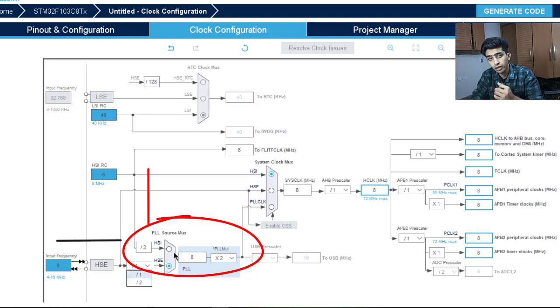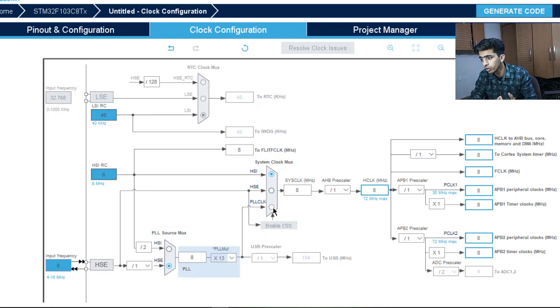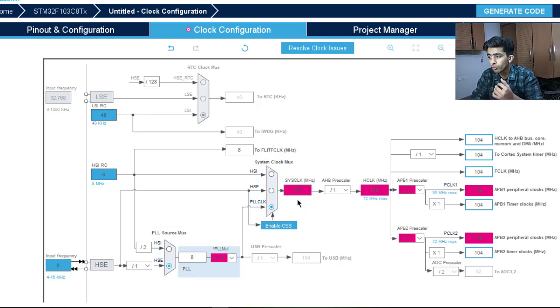Then after the PLL, in the PLL input we provide the output of our clock source, HSI or HSE. Then we have to configure by what multiplication factor we need to increase our clock frequency. Like if I now click on PLL, my system clock is now 104 megahertz. If I want, I can increase it to 16.